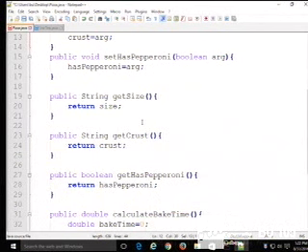So we need to be able to get these values out of the object that we create. We need to be able to ask the pizza, hey, what size are you? What kind of crust do you have? Do you have pepperoni on it or not? And that's what the get methods involve.